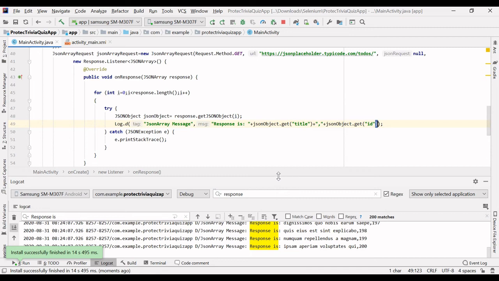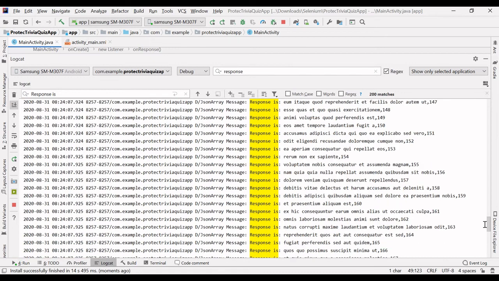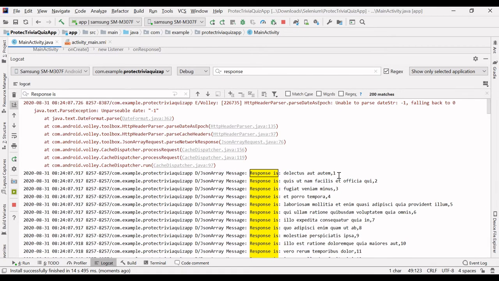As you can see guys, it is working fine. See, the ID is 1 and here is the title.